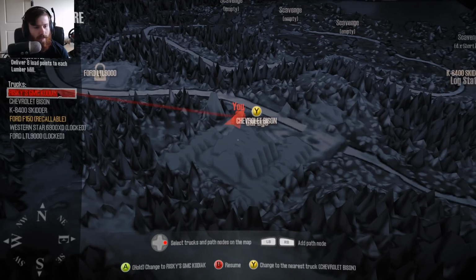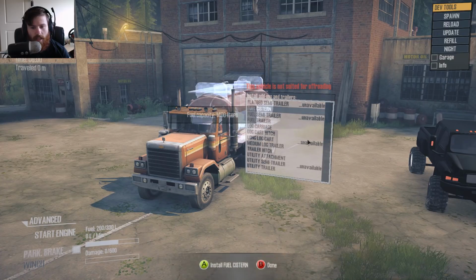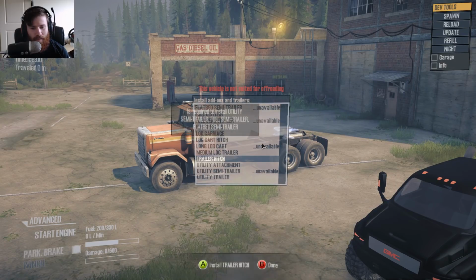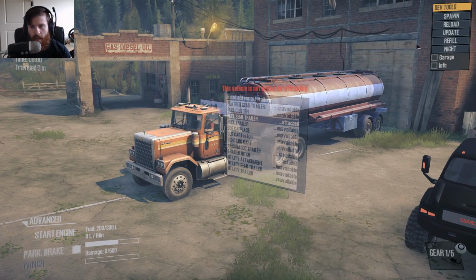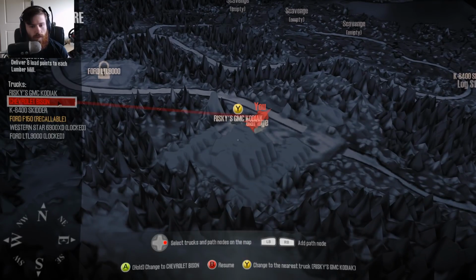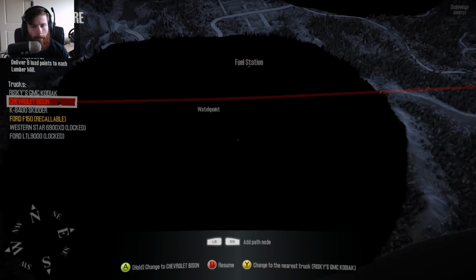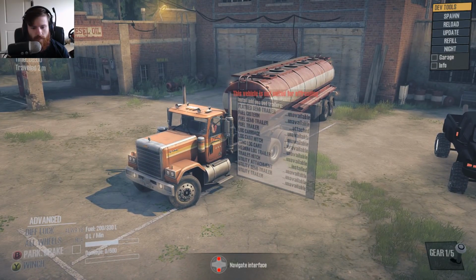So, I have an idea. I have a challenge. So, Chevy Bison, and let's see. Flatbed, no. Yes. All right, so trailer hitch. Fuel semi-trailer. And then refill. Oh, well, never mind. It doesn't want to. Okay. And then where's the fuel stop? Logs are down there. Ah, the fuel's over there. Damn. Okay, well, what about...